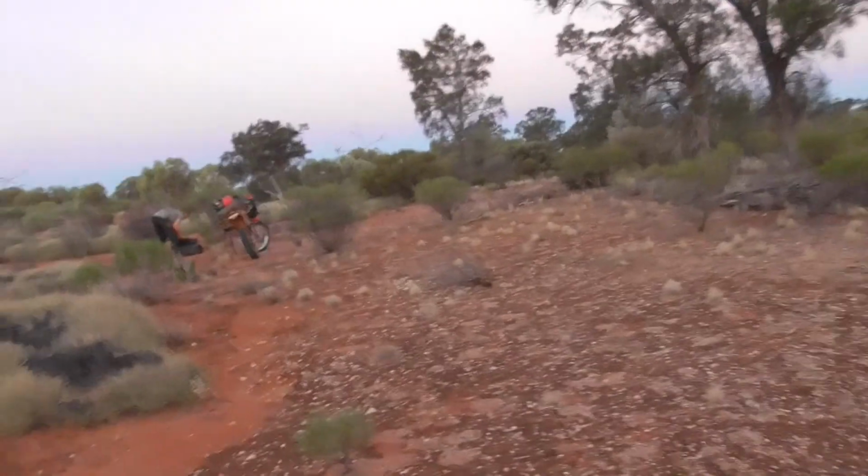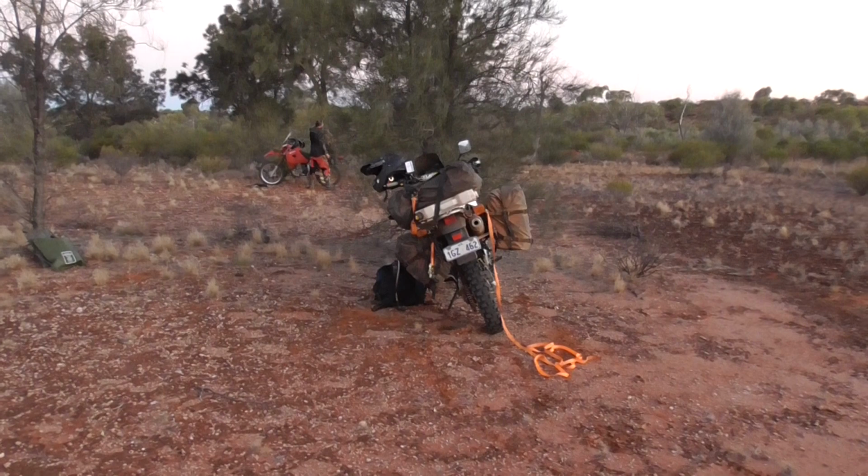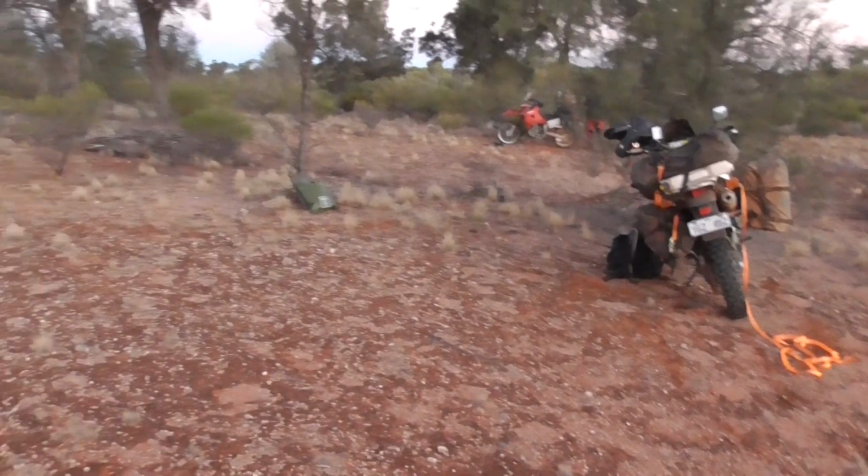Yeah, so got a big day ahead of us tomorrow. I don't know what the road ahead looks like. We actually bumped into a KTM 1290 or 1190, heading in the opposite direction, and he said it got quite boggy and sandy, but he's on a 300 kilo bike, so I'm not sure if it'll be the same for us. So yeah, just set up camp before it gets dark, have something to eat,